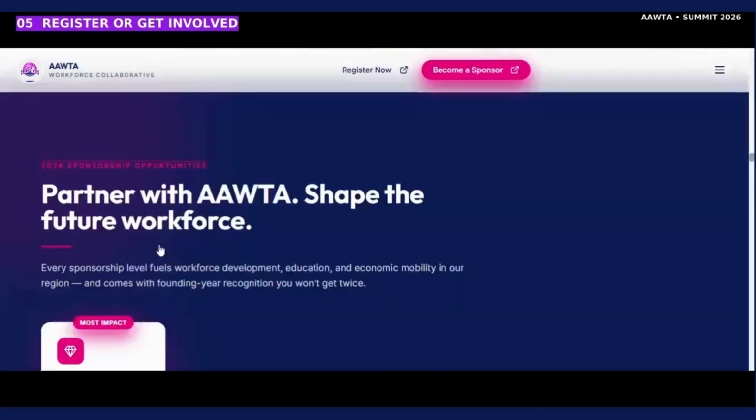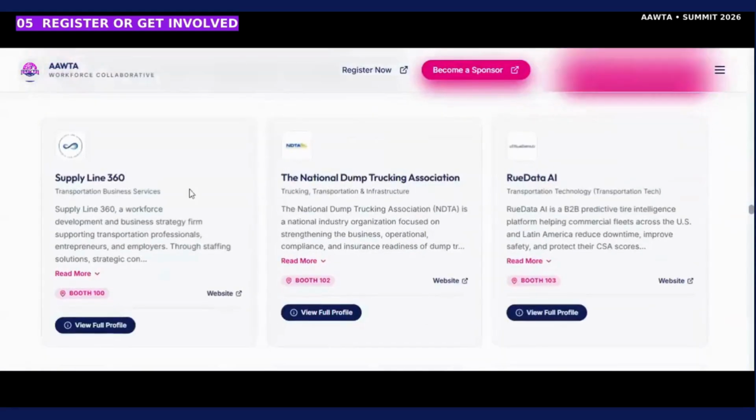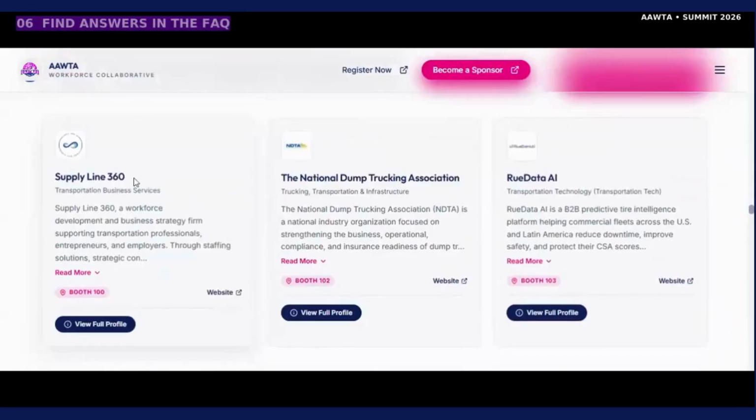If you're looking for some of our exhibitors, we've been adding a few of them here. So you're able to see a few of our exhibitors in this particular area. And if you're looking for some of our sponsors, you're able to do the same thing in that particular